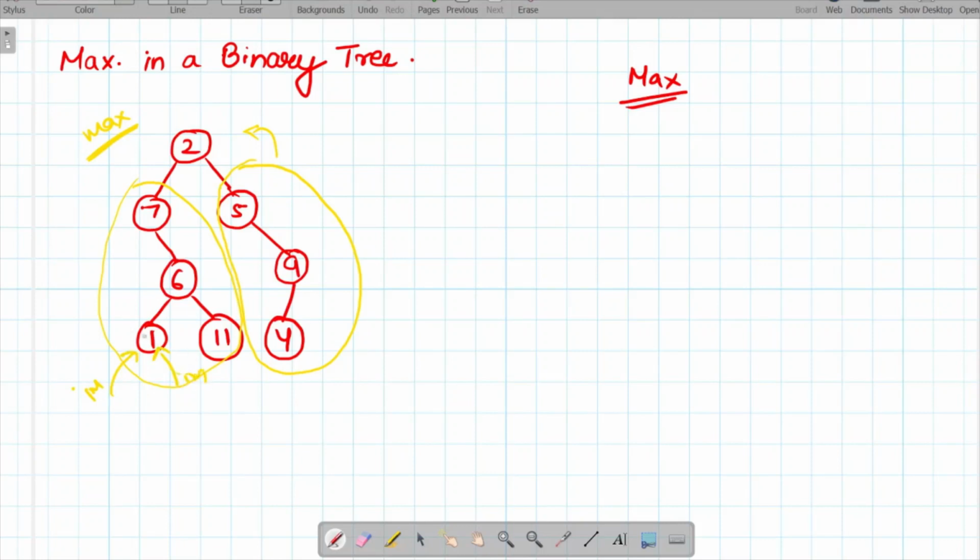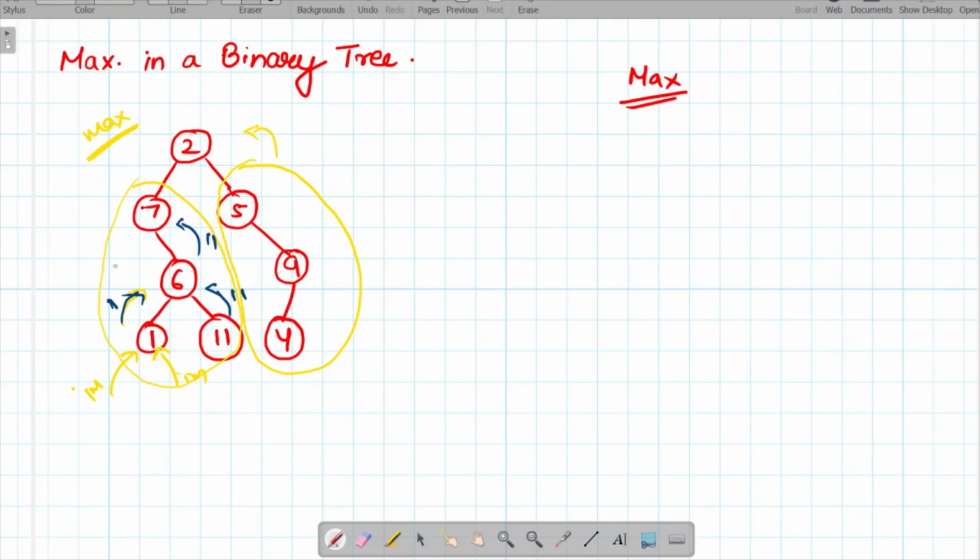So 1 will get int min and int min, and the maximum of int min and int min will be int min only. So it will compare 1 and int min, and 1 is the maximum, so it will return 1. Similarly, this is returning 1, and 11 will similarly return 11. Now when it is on 6, it will compare 1 and 11. Out of these, 11 is maximum, so it will compare 6 with 11 and will return 11 above, because 11 is the maximum one.